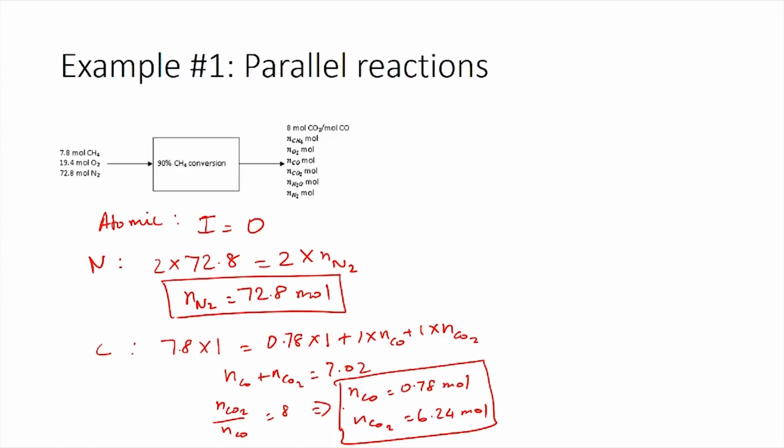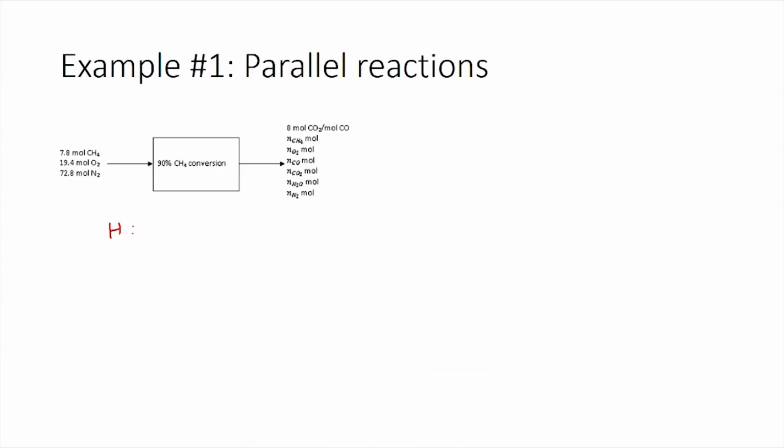We can now write the balance equations for hydrogen and oxygen to perform these calculations. Hydrogen balance, we have 4 atoms of hydrogen entering per molecule of methane. So, atomic balance for hydrogen would be 7.48 times 4, which is input, is equal to 0.78 times 4, which is the number of atoms of hydrogen leaving through methane, plus NH2O times 2. So, using this we can calculate NH2O as 14.04 moles,